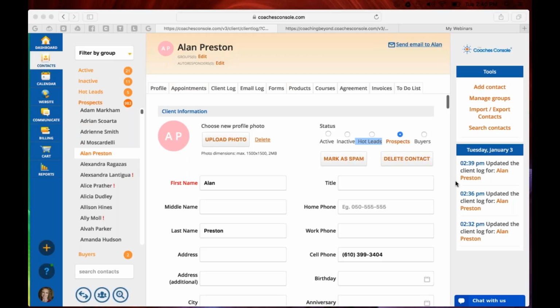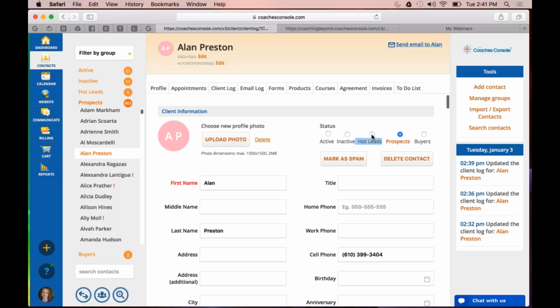Casey says, what about the name and password when we change them to a hot lead? Yeah, so when you change them to a hot lead, the hot leads in your contact list require a username and a password. So it does require, Robin, like in your scenario, when you want somebody to become a hot lead, you click the hot lead, and then you have to create the username, you have to create the